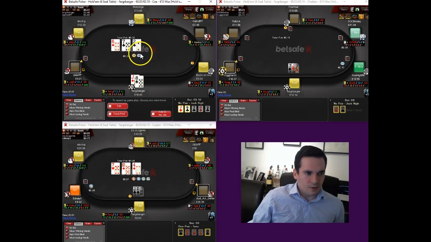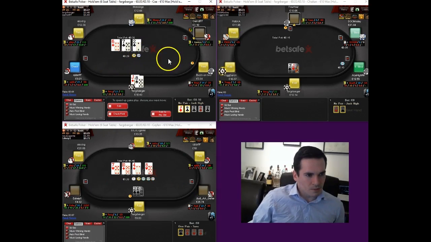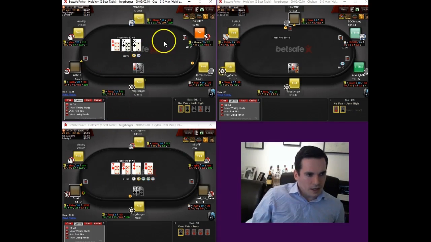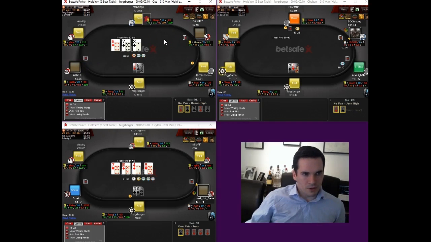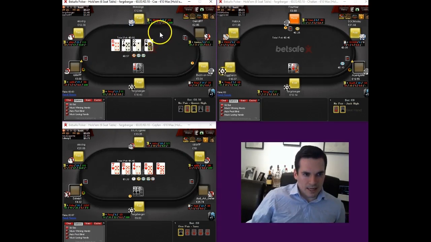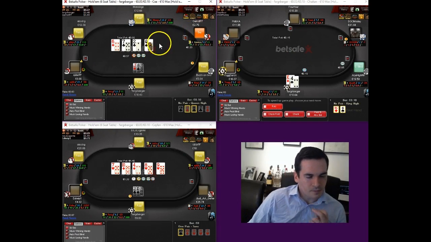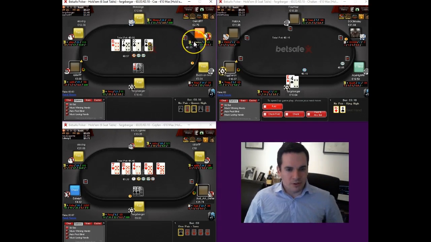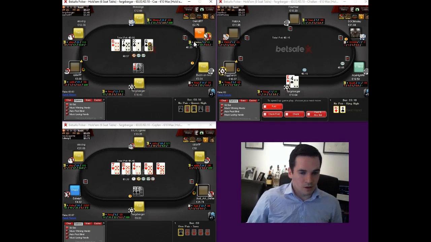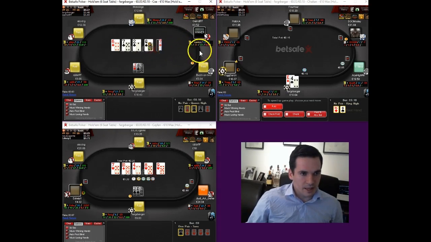I mean, folding Jack 8 here when we're getting like 5-1 on our money seems a bit absurd, but his stack size kind of limits what we're able to do. So that's another point that's always really important: to be aware of your opponent's stack sizes and how they impact the decisions you can make throughout the hand. So there, if he was in for a full $6 or $7, or the full 100 big blinds, the $10, I would have been ISOing there to 5x and looking to play heads up